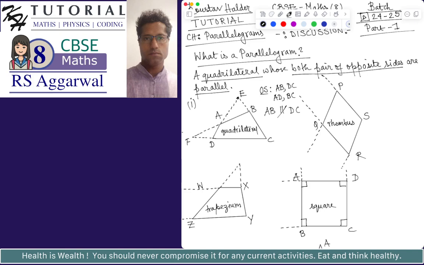Please do not consider this symbol as a standard symbol. This is my convention, just for the sake of discussion. So we can clearly see AB is not parallel to DC. Similarly, when the other pair of opposite sides AB and DC are extended, they meet at the point F. So definitely,